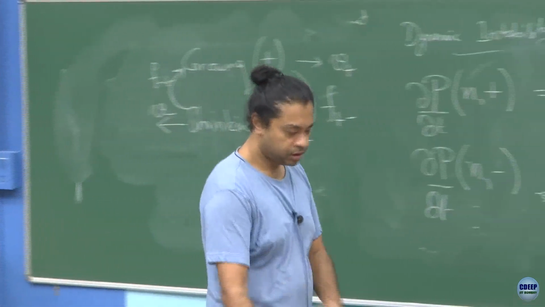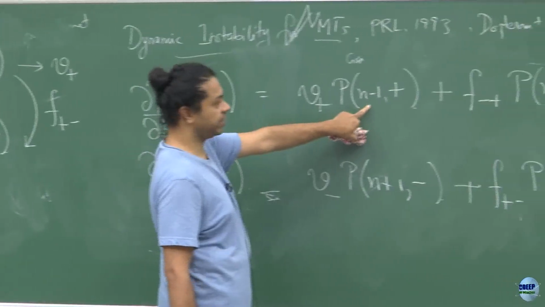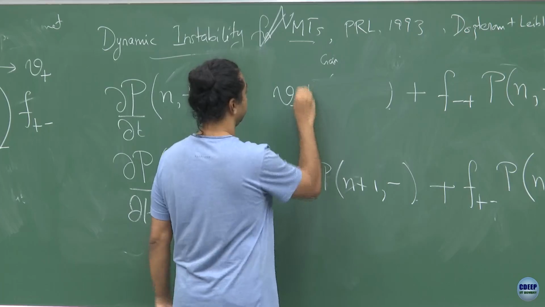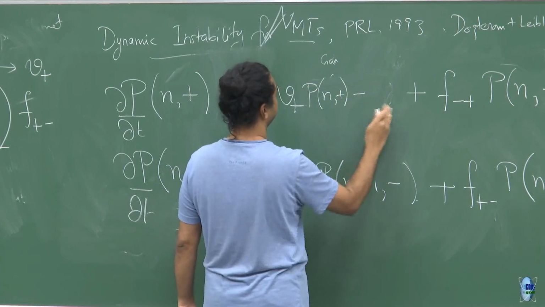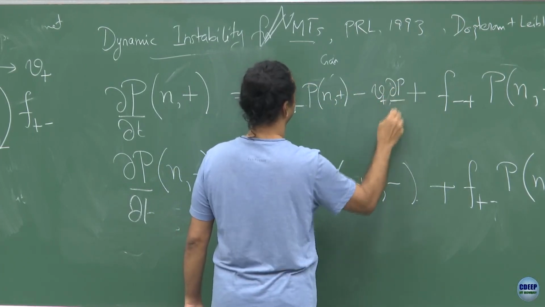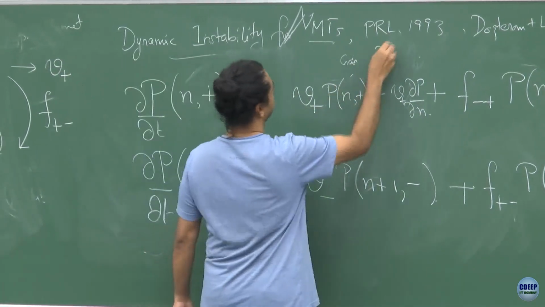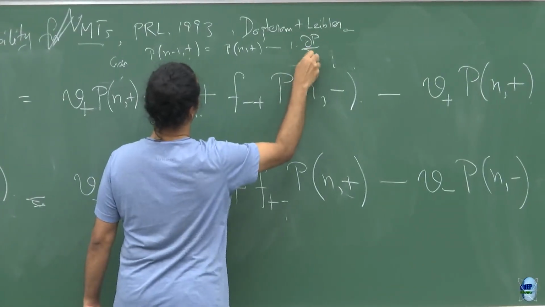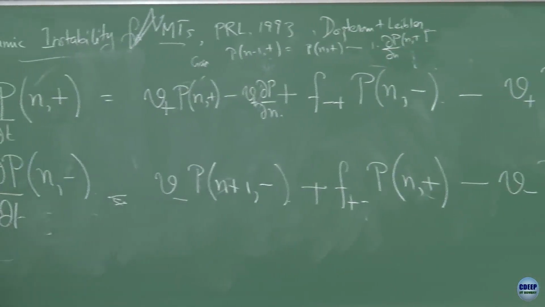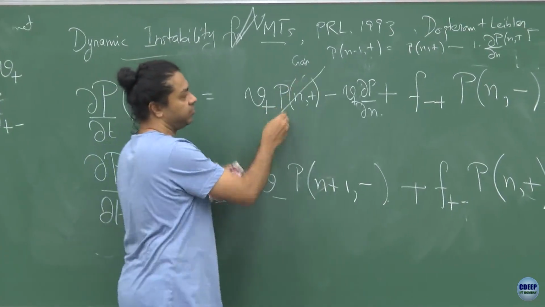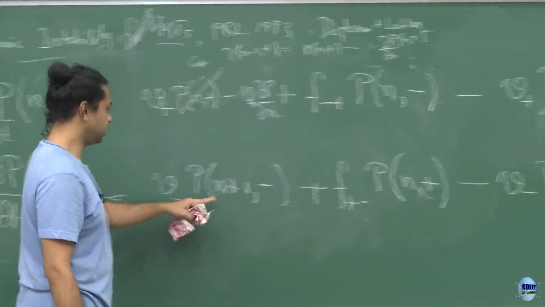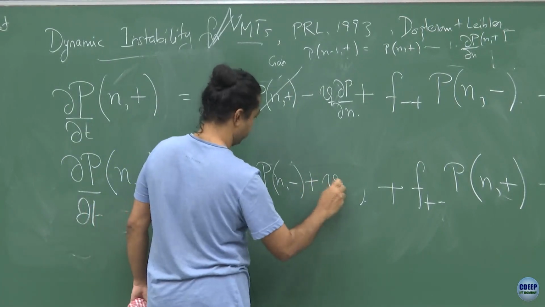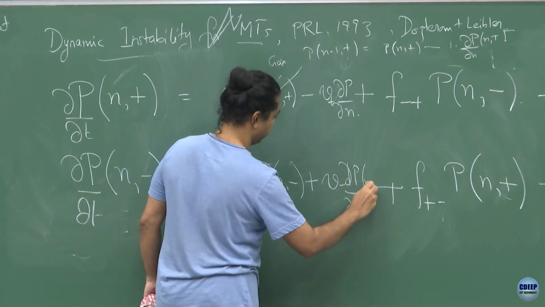I can do some manipulations on it, which is that I could expand these n minus 1s in a Taylor series. Okay. So, then I would get, so P n minus 1 would be P of n comma plus minus V plus del P del n, right. So, I had P of n minus 1 plus this I am writing as P of n plus minus 1 into del P del n of P n plus. So, I just do a Taylor series expansion. Once I do a Taylor series expansion, this term cancels out. Similarly, here if I do the n plus 1, if I do a Taylor series expansion, I would get a V of P n comma minus plus V minus del P del n of n minus, and again,